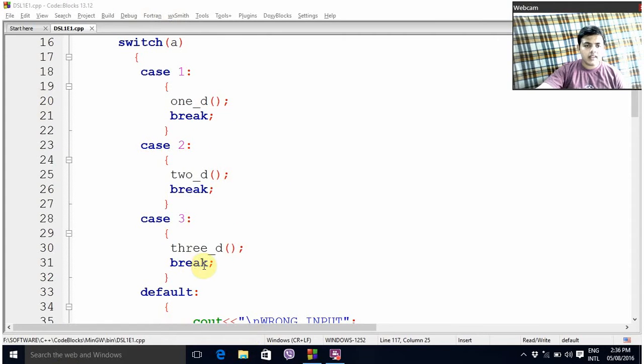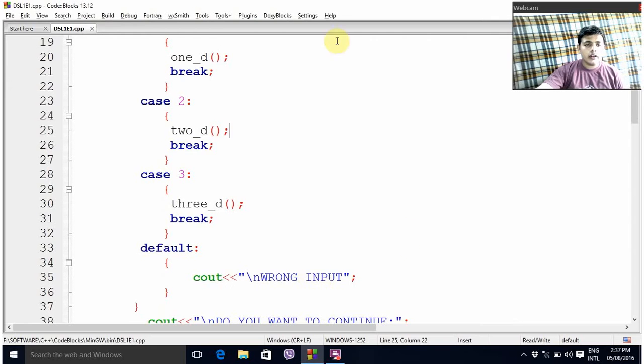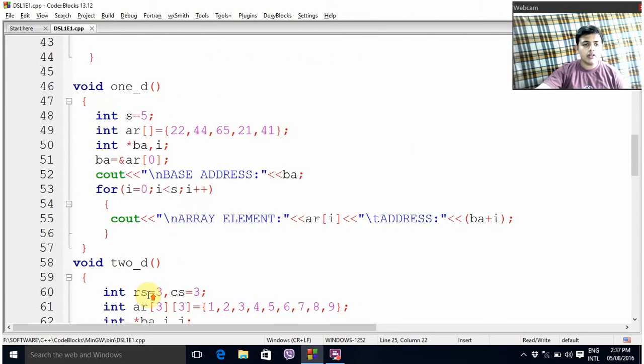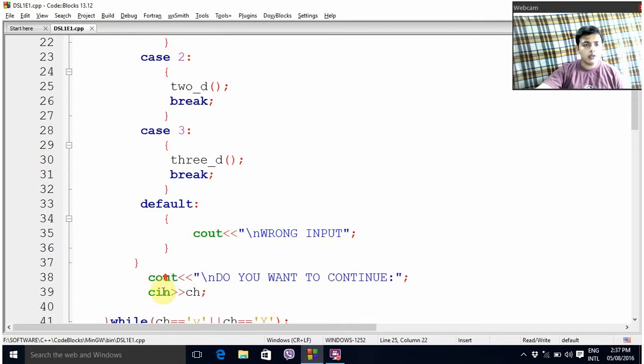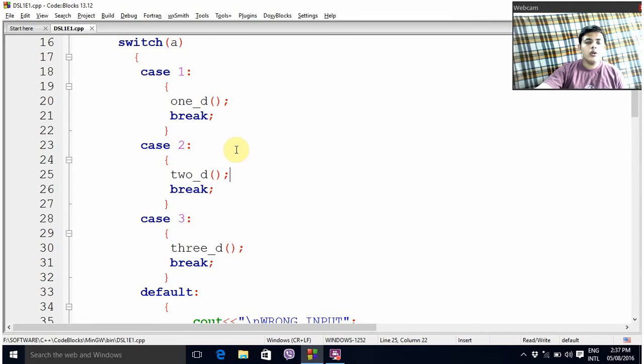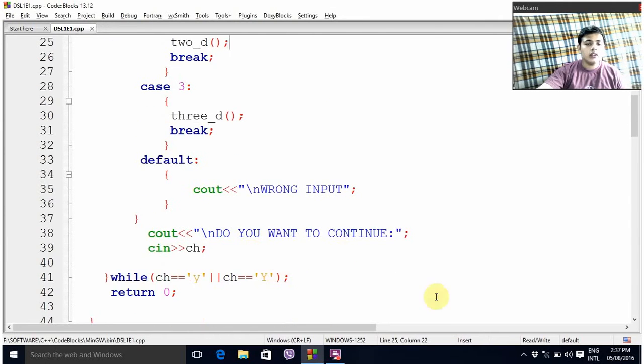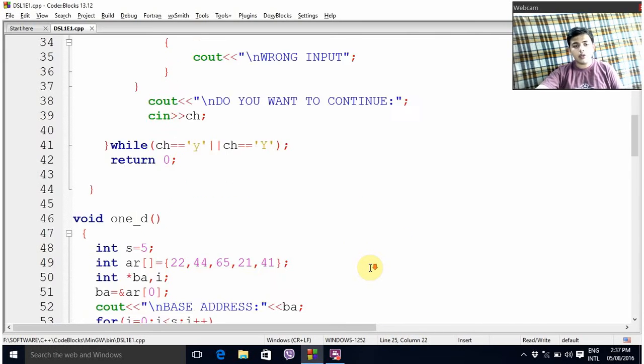Inside these cases I have called these functions, here 1D, here 2D, here 3D, so it will go to the function definition. The default case is for wrong input, and then using do while I ask the user again whether he wants to continue calculating the address or not.